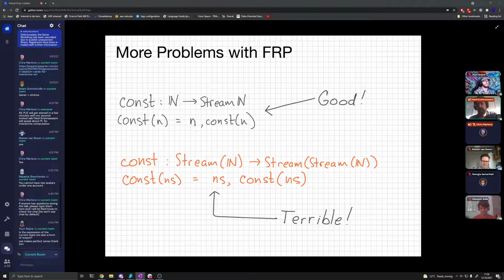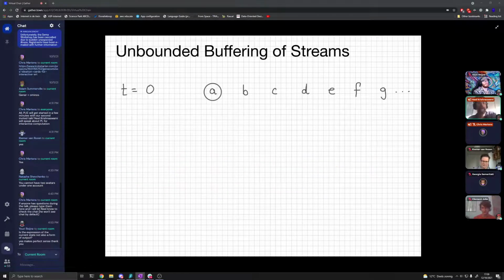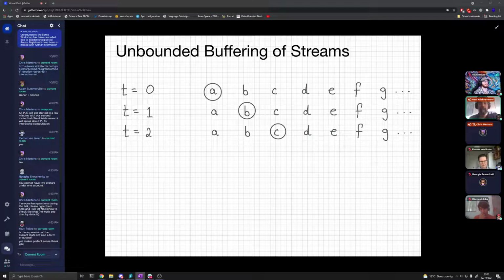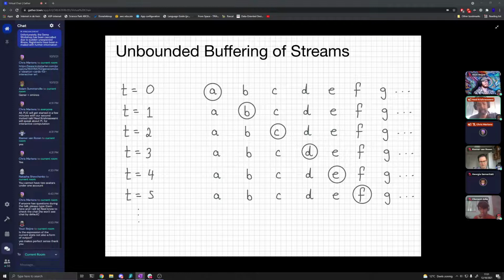And it took a bit of thinking to understand why. So remember that we were thinking of streams sort of like iterators. They're bits of code that you execute, and they enumerate elements of the stream. So you have a stream ABC that's enumerating the letters of the alphabet, and at time 0 it's going to give you A. At time 1 it's going to give you B. At time 2 it'll give you C, and at time 3 it'll give you D, and so on.